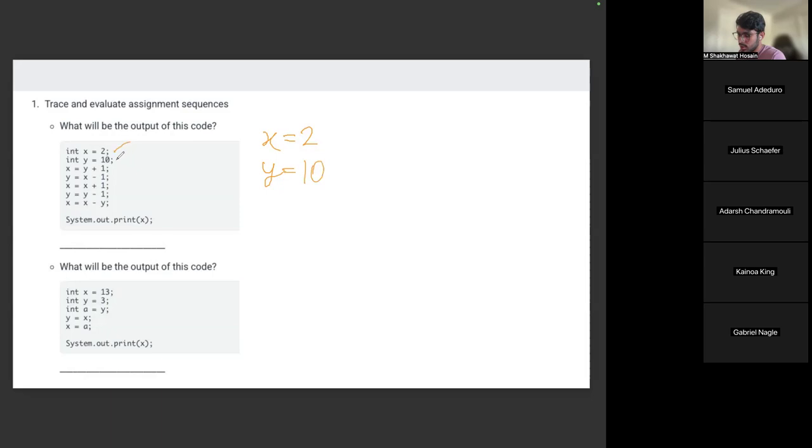And then we got this line, x equals y plus 1. So 10 plus 1, which is 11. And then y equals x minus 1. So our x is right now 11, so 11 minus 1, which is 10. And then we have x plus 1. So our x value was 11 and has not changed,